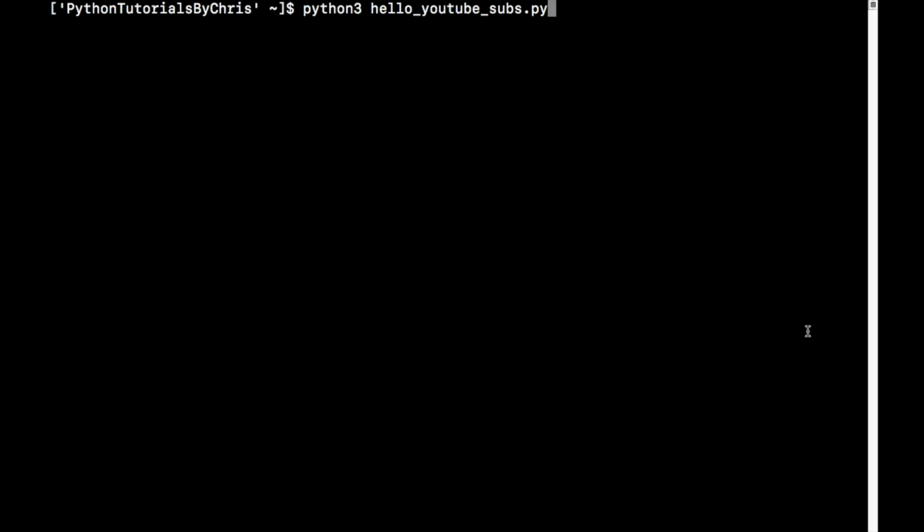Let's get started. Now, in my terminal right here, I have python3 and the source file hello_YouTube_subs.py. When I run that file at the terminal prompt, you need to understand what is considered to be the interpreter in this command. python3 is the Python program. That is your software. That is the Python interpreter. It is already written in binary, in ones and zeros, in machine code. That means that your processor can immediately understand what that program wants it to do.